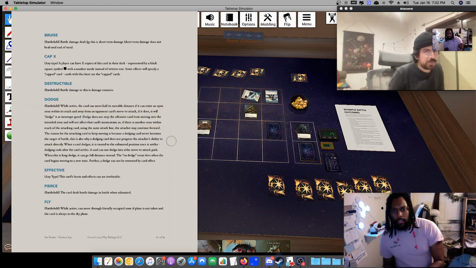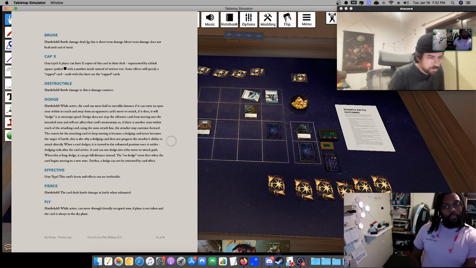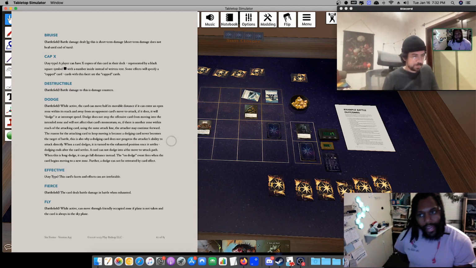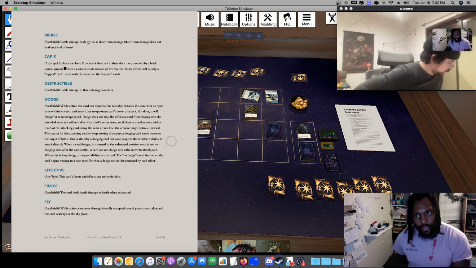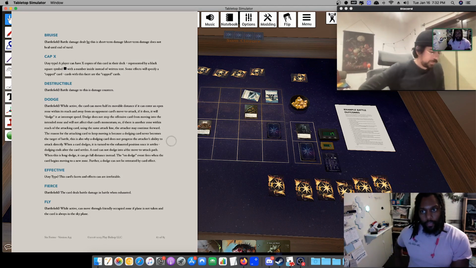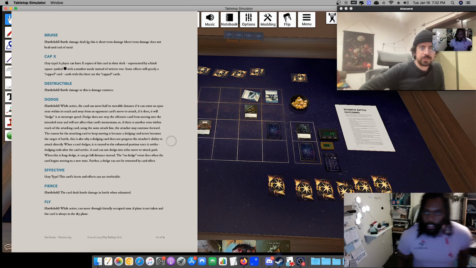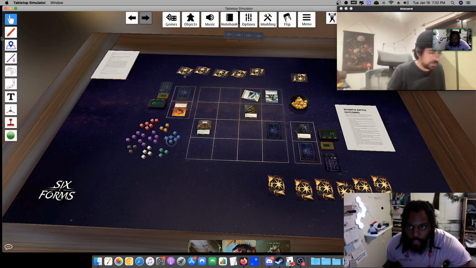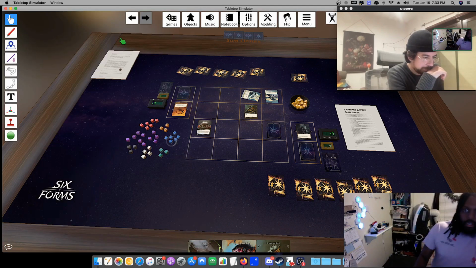Man, maybe if I could have rolled out of your range, or to a direction you can't attack in, maybe. Yeah, let's read it from the top because I'm kind of lost. Battlefield. While active, the card can move half its movable distance. If it can enter an open dodge, it will dodge it at interrupt speed. Dodge doesn't stop the offensive card from moving into the intended zone and will not affect the card's momentum. So if there is another zone within reach of the attacking card using the same attack line, the attacker may continue forward. All right, let's read that again. Dodge does not stop the offensive card from moving into the intended zone and will...